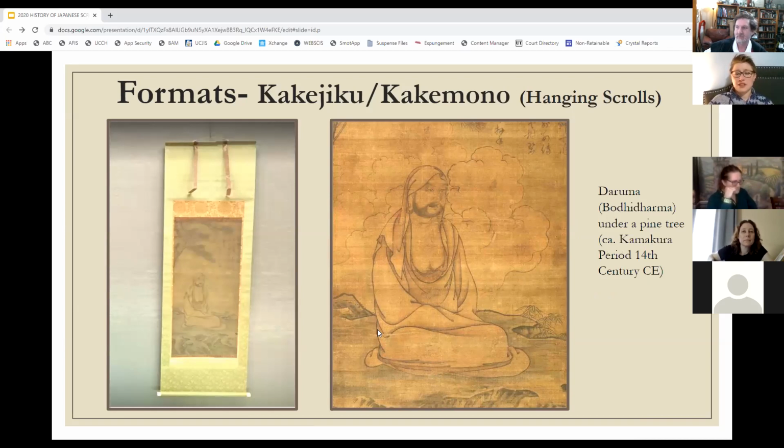He's a priest who, if I recall correctly, fasted so much that he starved himself to death. But he's the little good luck doll that a lot of people see, with the big eyes. If you make a wish, you fill in one eye with that wish, and when that wish or goal comes true, you fill in the other eye. One of my friends is scared of them, so I make sure every Christmas to get him one,